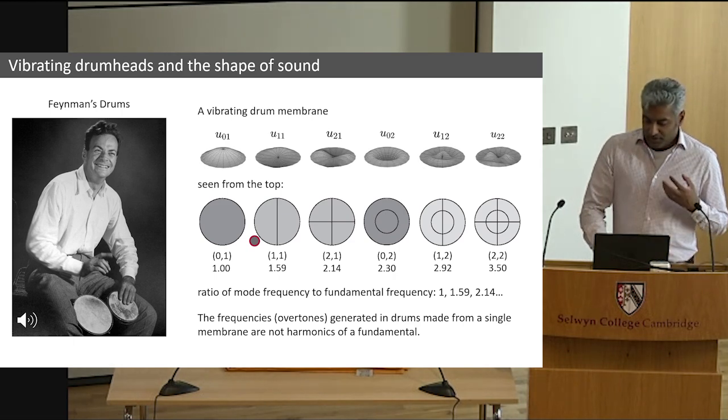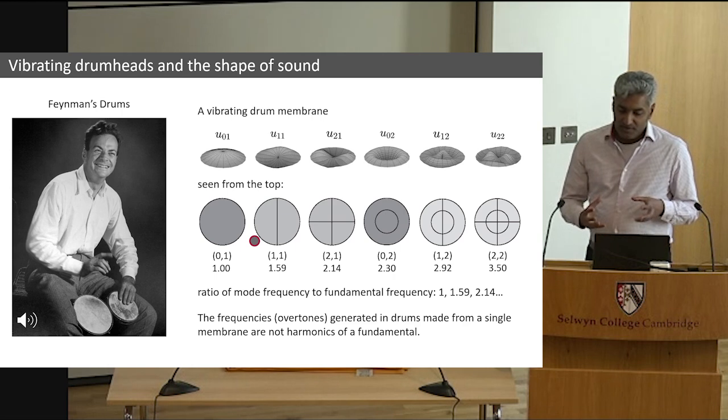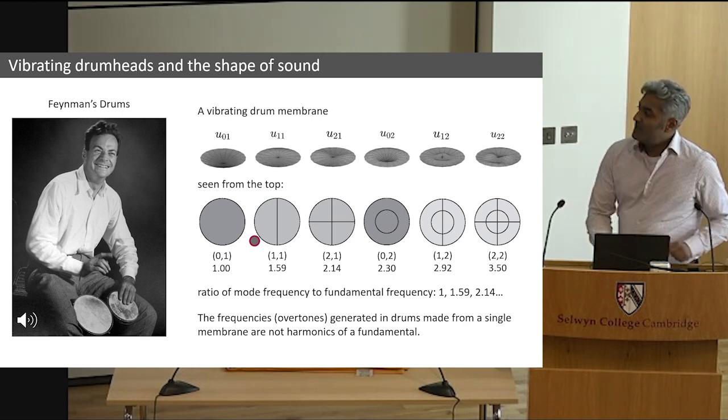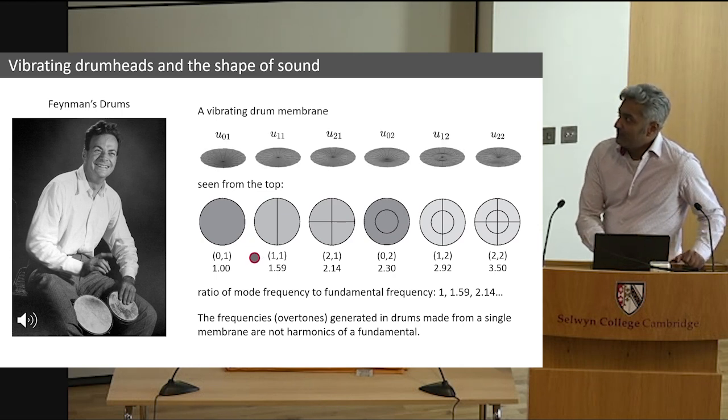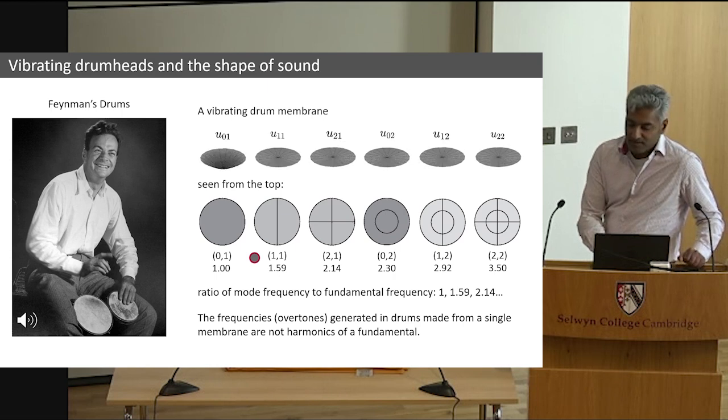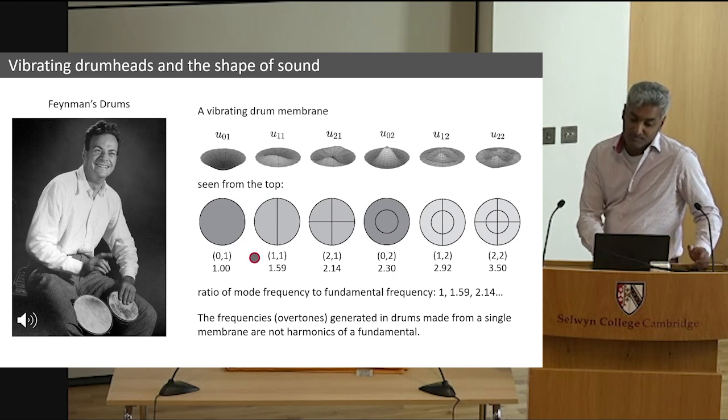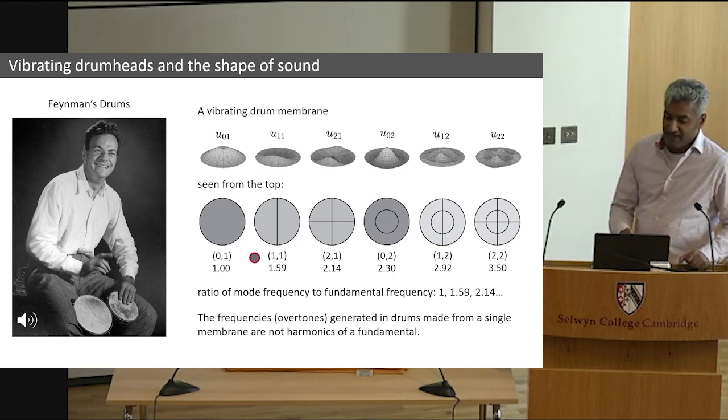So you could picture the vibrational modes through very simple diagrams, such as this over here. When one looks at a mode of this sort with a line in the center, it's called the 1-1 mode, because you have one line within this mode of vibration which does not move, that's in the center, and you've got a circle around which does not move as well, because that's clamped to the edges.